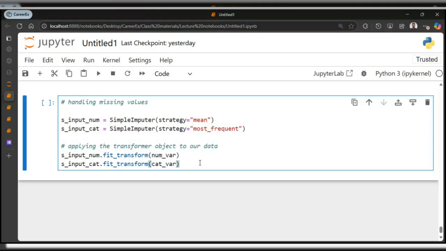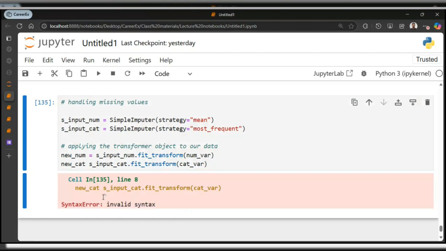So we'll do this, and obviously we should assign it to new num, and you can say new cat or cleaned num or cleaned cat, whichever you feel would be better. You can just come here and run it.